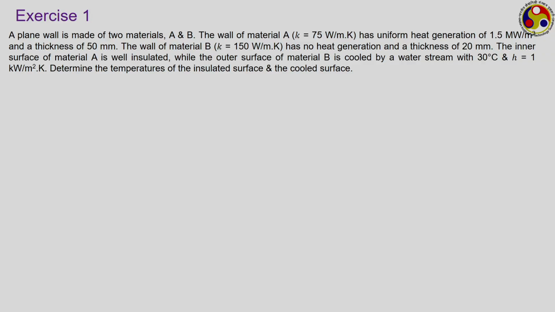Now, let us quickly solve a couple of numerical problems to get a taste of what we have done. First problem involves, okay, before solving any problem, one thing you have to be careful about: the resistance concept that we have used in the previous week is not applicable when energy generation is present, because we have seen, in case of both plane wall and cylinder, that the rate of energy conduction is a function of x, a function of location, and it keeps on varying from one point to another in the same system. Therefore, we can't go for the resistance concept.